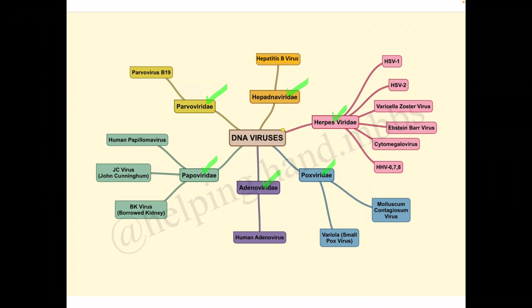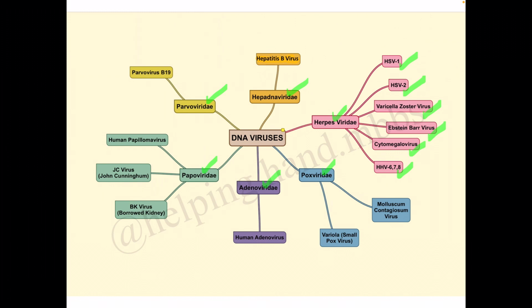The herpesviridae has a total of 8 herpes viruses, which are known as human herpes viruses 1 to 8. The human herpes virus 1 and 2 are respectively known as herpes simplex virus 1 and herpes simplex virus 2. Please check where I am highlighting it. Then HHV3 is varicella zoster virus, HHV4 is Epstein-Barr virus, HHV5 is cytomegalovirus, and then there are the less important HHV6, 7 and 8.